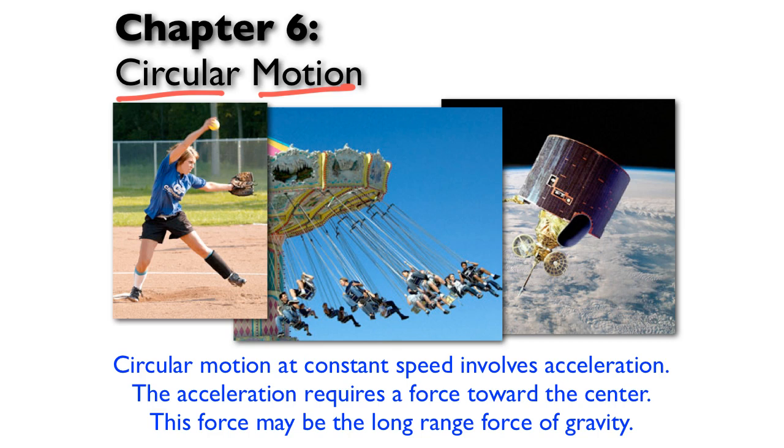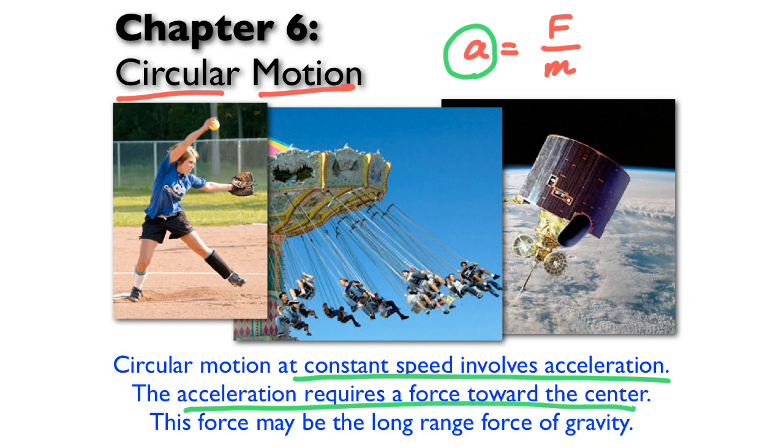And for circular motion at the level we're going to talk about it, it's basically an extension of the force and motion things we've been doing. We've been treating situations where we're looking at force and then we look at the accelerations that they cause. In this case, the acceleration is just the acceleration of circular motion. When things are going in circles, that means there's an acceleration directed towards the center. Since the acceleration is directed towards the center of the circle, there must be a force directed towards the center